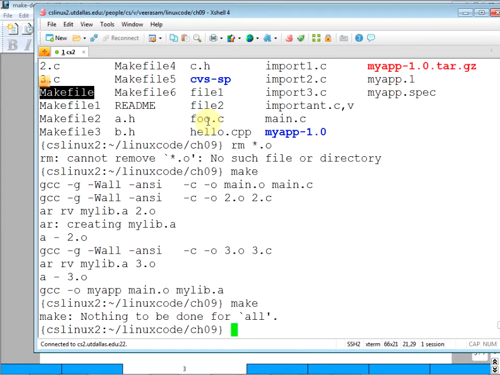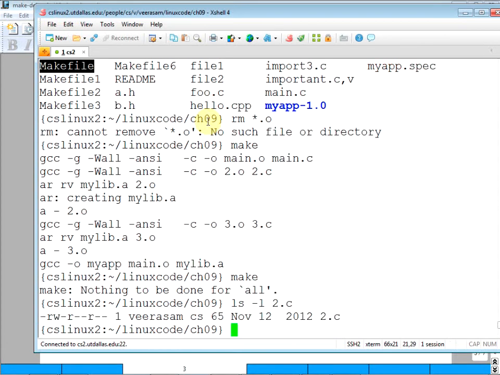If we try make again, see, there's nothing to make. Everything is made. Okay. So now let's pretend as if we changed something, 2.c, let's say. Well, what do I mean by that? Let's look at the timestamp.